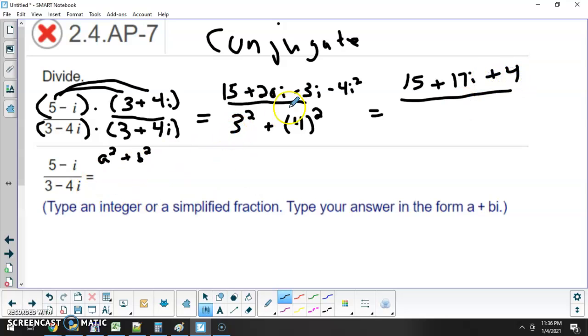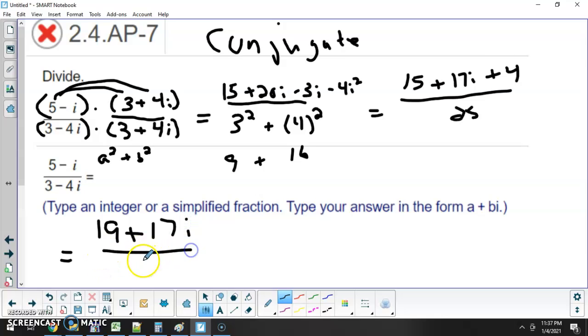And on the bottom, we'd have 9 plus 16, so this becomes 25, okay? 3 squared's 9, 4 squared 16. That's how I got the 25. Okay, so now you just combine like terms. So this would be your next line here. 19 plus 17i